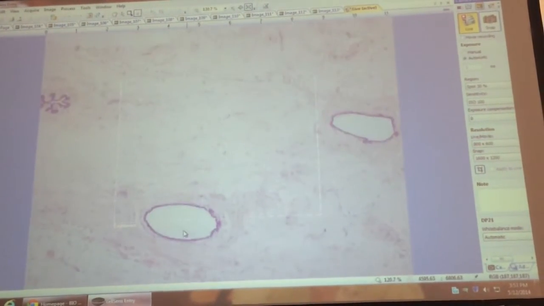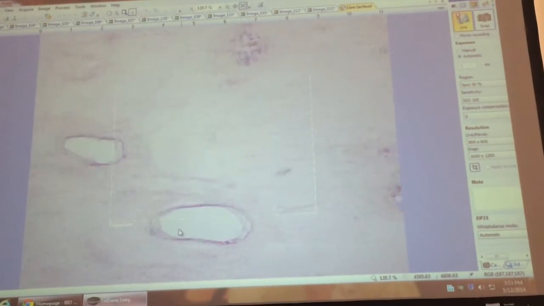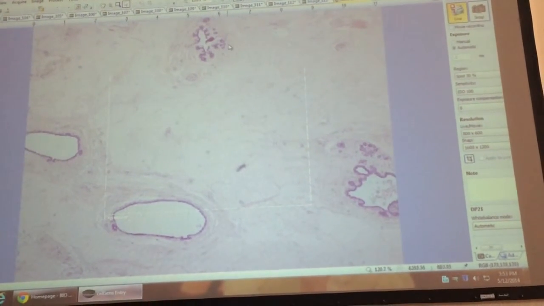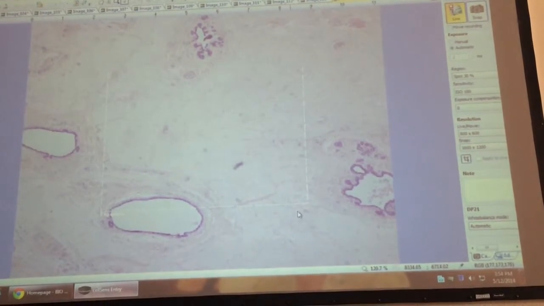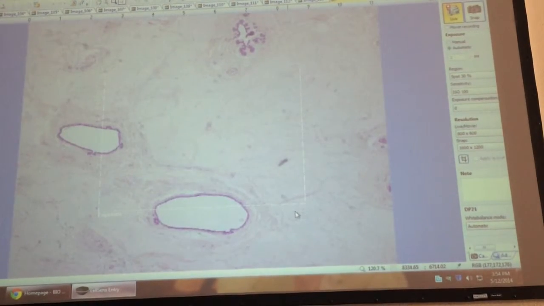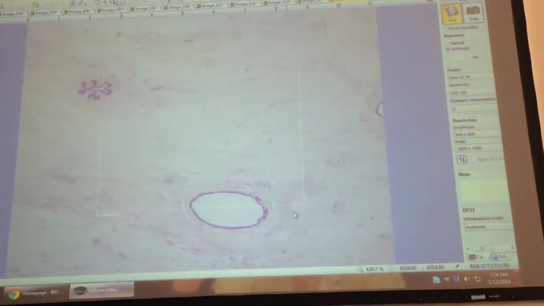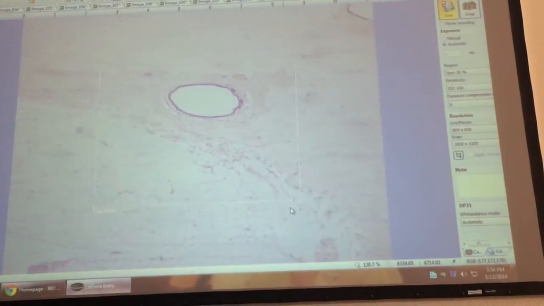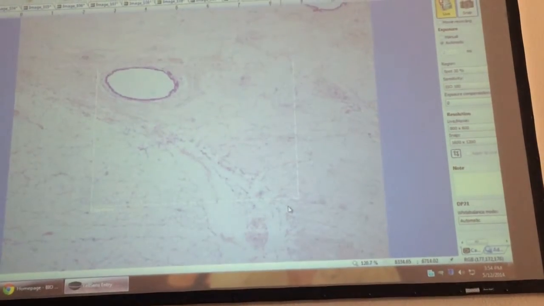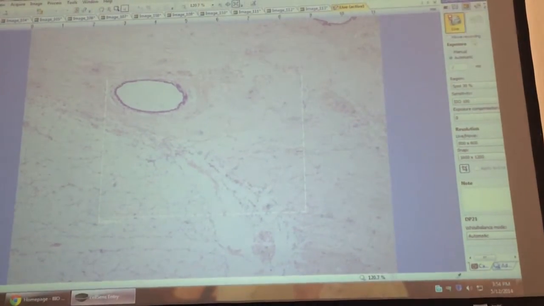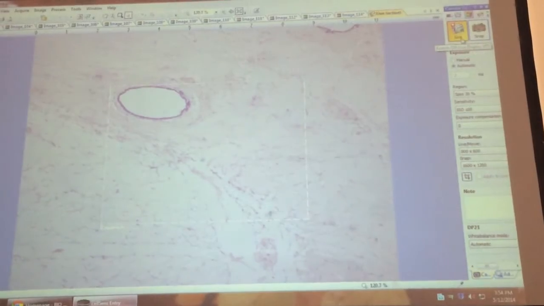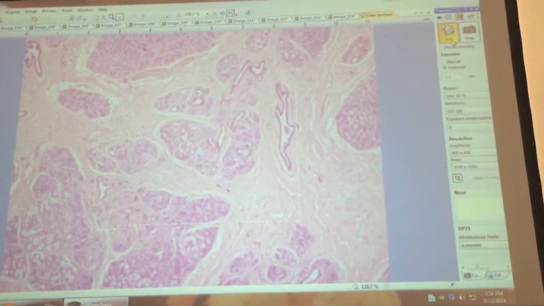If I kind of scan through here, that looks like a little bit of glandular structure right there, and this looks like a little bit of glandular structure right there, but there's really not a lot of glands, okay? More so you have those various ducts, you have some adipose tissue. I'll take this picture, so this is an inactive mammary gland. And it should look dramatically different than an active mammary gland, which again only happens at the very end of the 3rd trimester of pregnancy